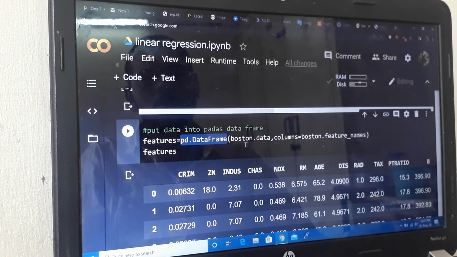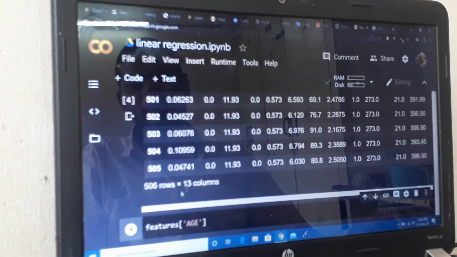Okay, Boston data, columns, rows and feature names. What is the name of the column? It is described, and we will show it on screen. The features have 256 rows and 13 columns.